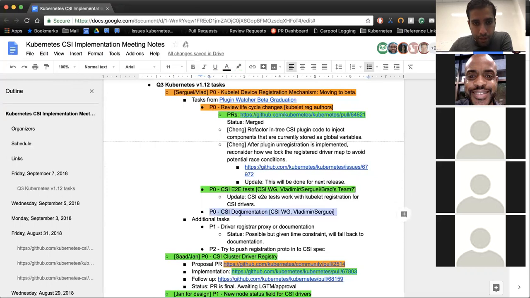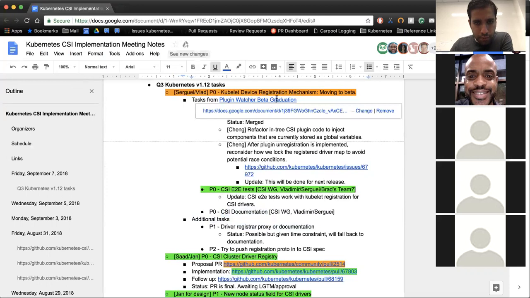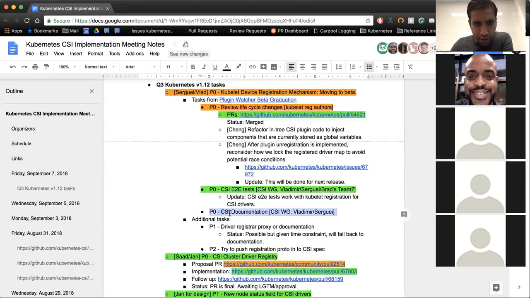And so the remainder here is documentation. Actually, there's two different sets of documentation. There's the CSI documentation for the plugin watcher, which I forget what exactly the ask here was. I think Renaud was asking for some documentation here.